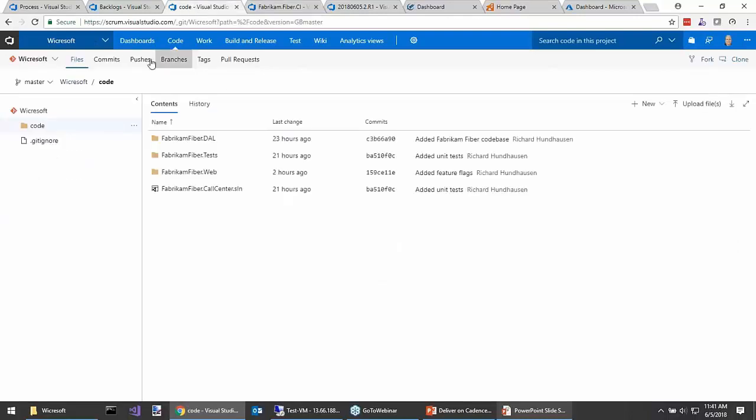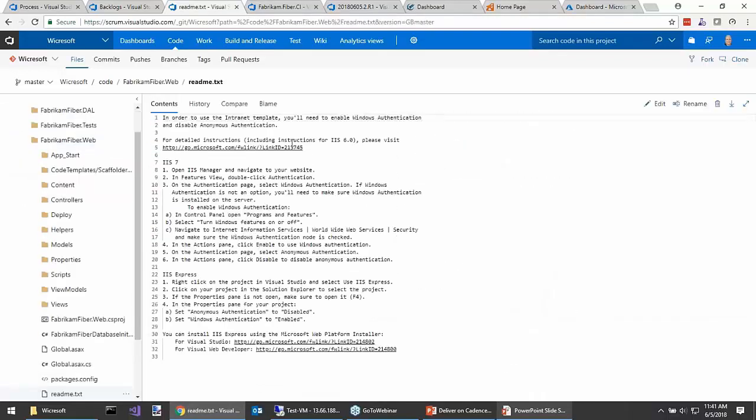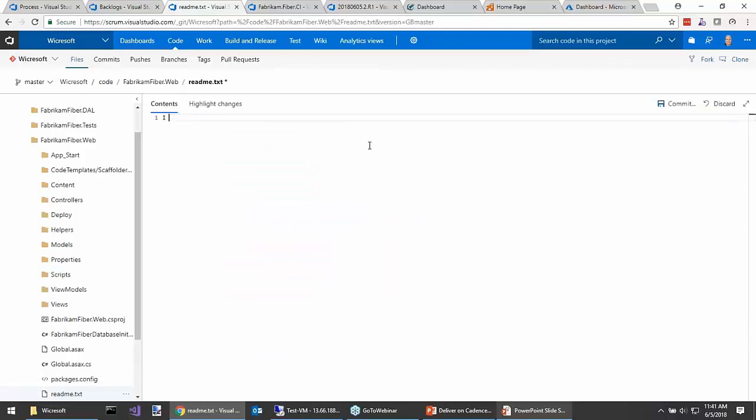I'm going to go over to my code, and we'll just go into, I don't know, we'll go into the web here and just go into a README file. Rather than firing up Visual Studio and making a proper change, I'm going to just make a change right here in the web, and something like, I deleted all of this documentation to replace it with this instead. Okay, awesome change. We're going to do a commit right here.